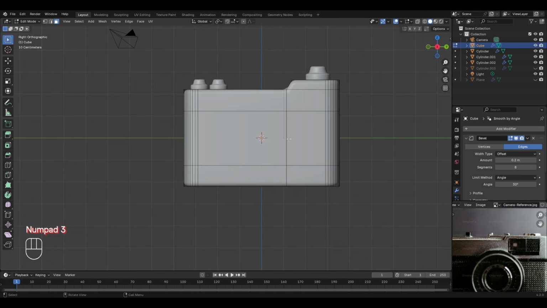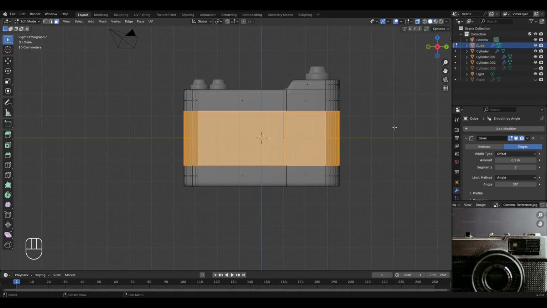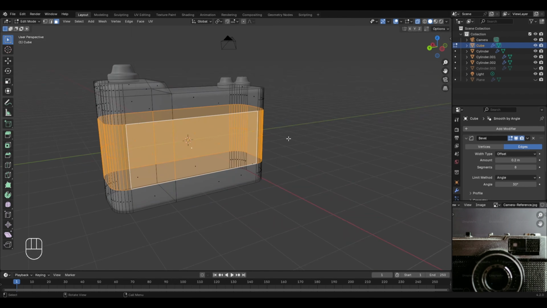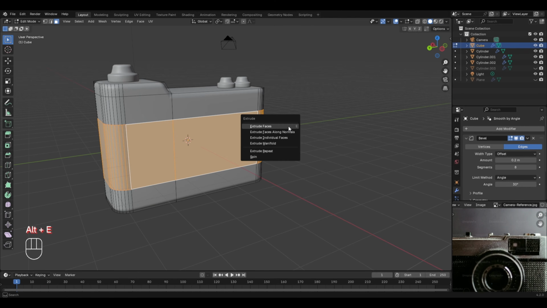So for this, go to the side view by pressing 3 on the numpad, press Alt plus Z to turn on the X-ray mode, and with the face selection mode enabled, we'll select all these faces in the middle. Now to scale them down, we'll basically use the extrude faces along normals. So press Alt plus E, and this extrude menu will appear, from which we'll be selecting the extrude faces along